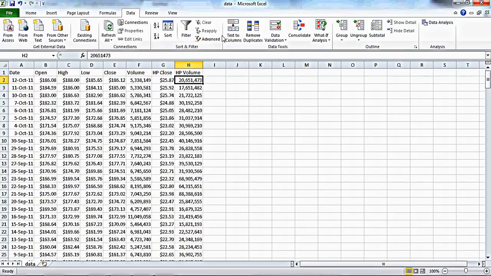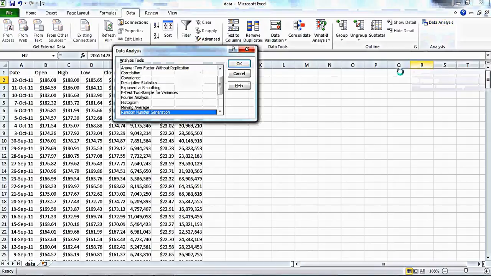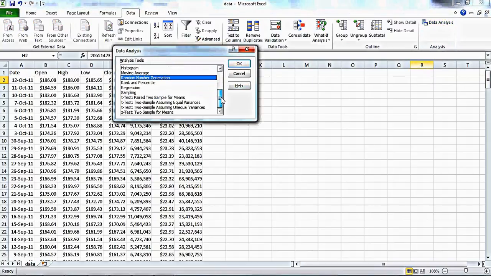Once you've done this, you'll see Analysis has now been added in. So the next step that we're going to do is click on Data Analysis, and for the purposes of our class, we're going to stick with a very simple regression analysis. All right,